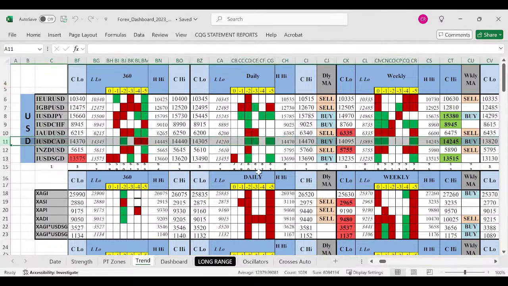If you look into the dollar CAD, what has happened is weekly is in an uptrend above 142.45, and daily is flat with the upside bias, and the range is 143.05 and 144.70. Then the 360 is flat with a mixed bias, but the system is telling us that the -4